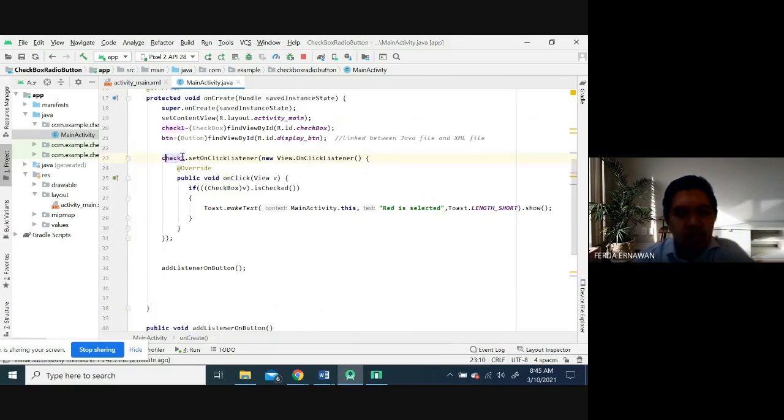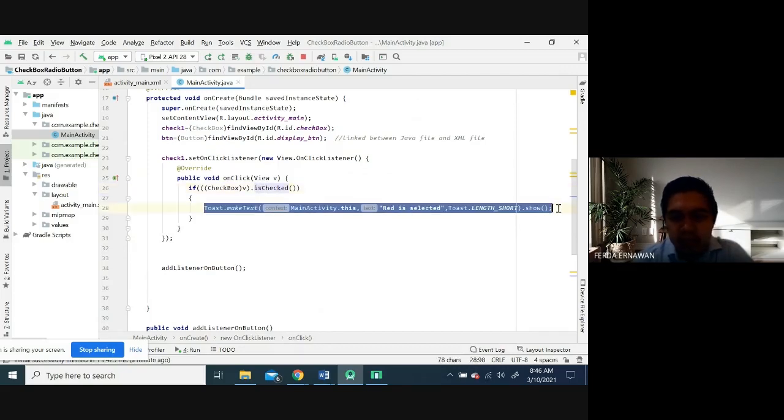The second one, once you tick the checkbox and trigger this one, you set the on click listener, and this is the standard statement. You can refer to the Android developer site. If the checkbox is checked, this is how we declare the statement. V is view, and display this.